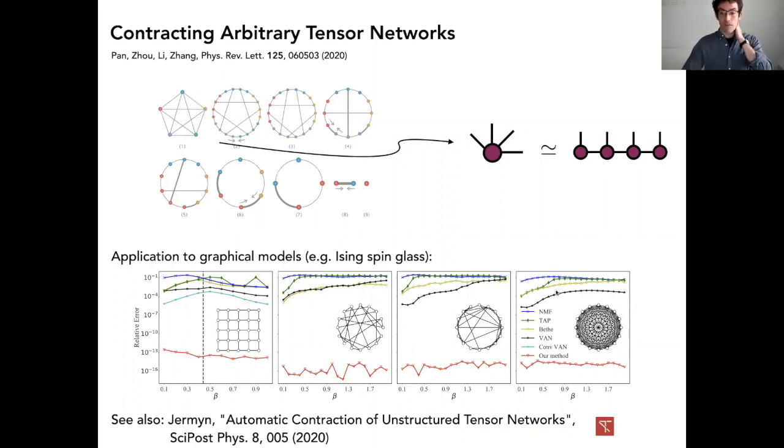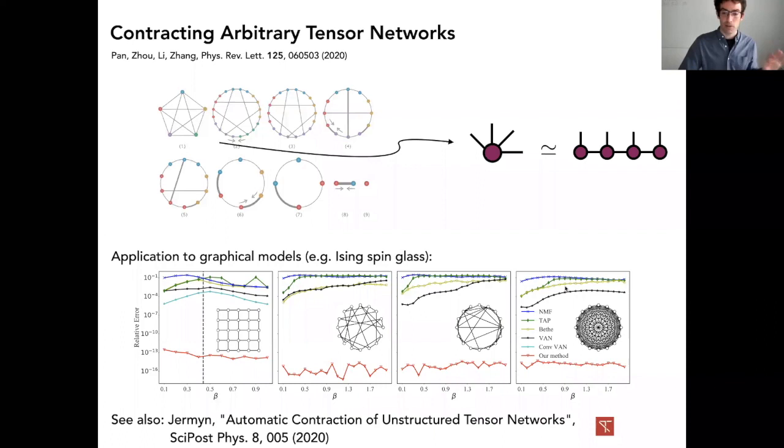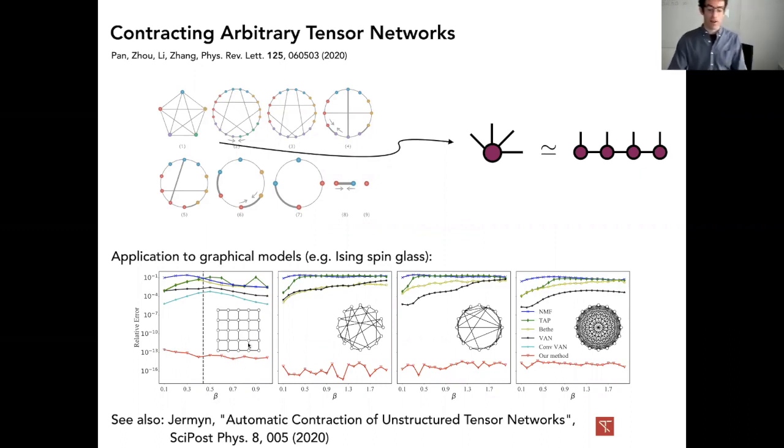And you can see all of these different methods. There's another one that has to do with neural networks, this VAN and ConVAN, or these newer neural network based, I think autoregressive based schemes to do this. They all recovered the exact value of this network to some good accuracy. But then this new method that's appeared in this recent paper gets extremely higher accuracy and is very fast. So in some of these cases, it contracts the whole network in just like a second or two.